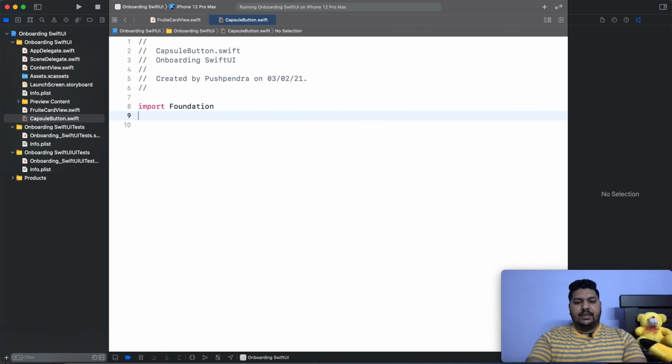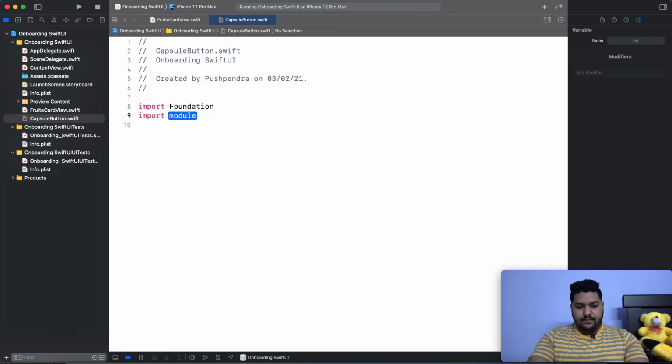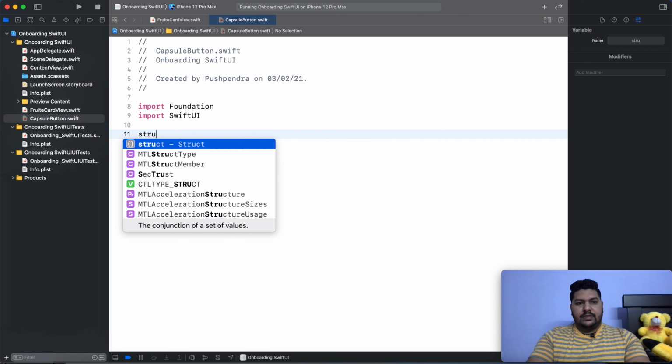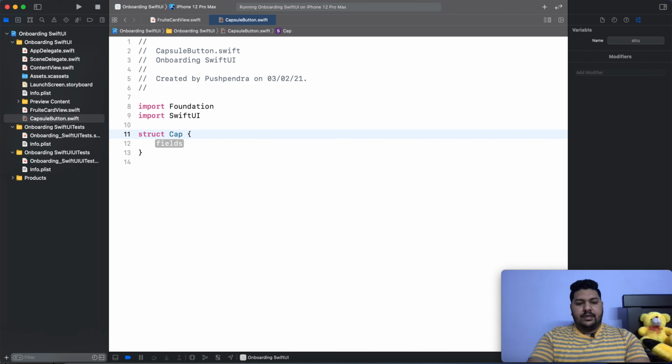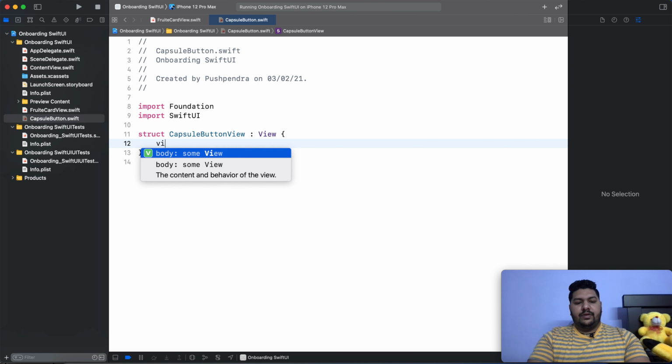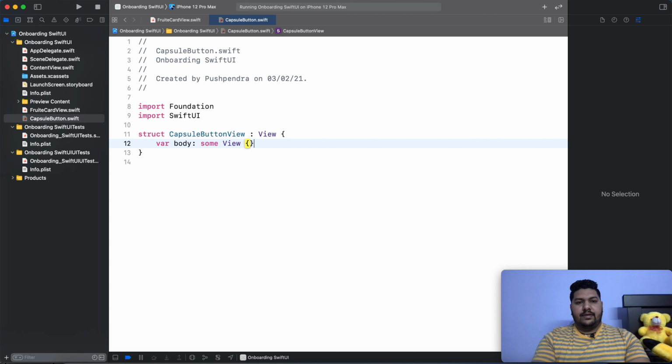Now the new class is created, same import SwiftUI, struct CapsuleButtonView, here View, and here we will take View like that.